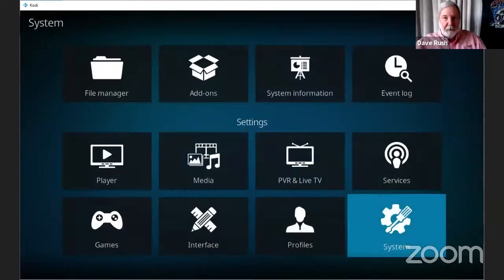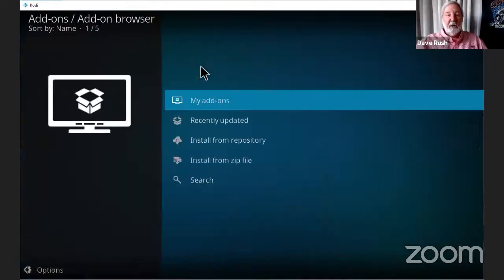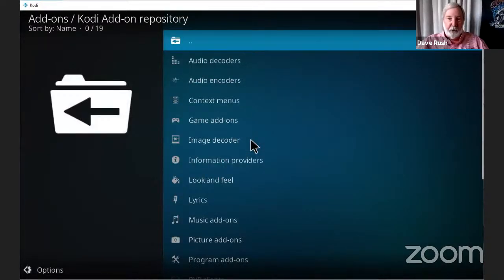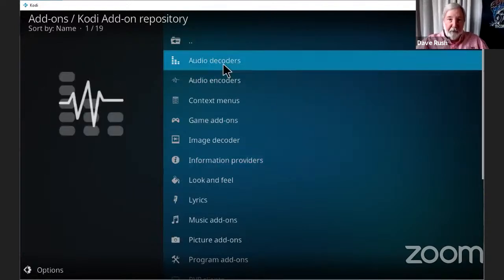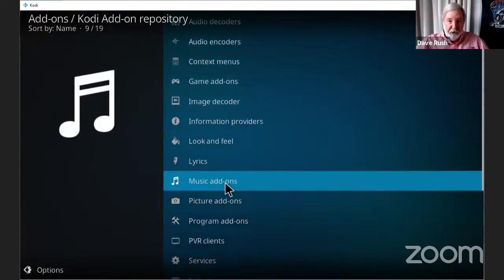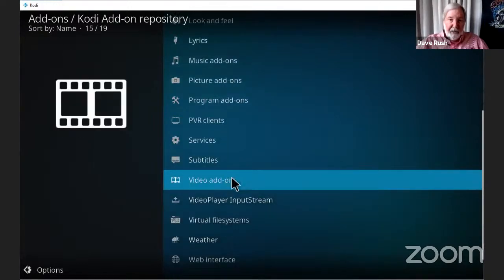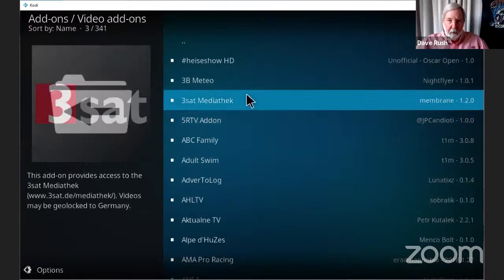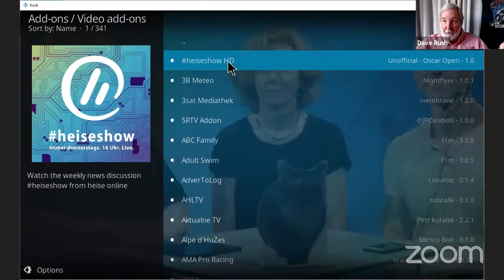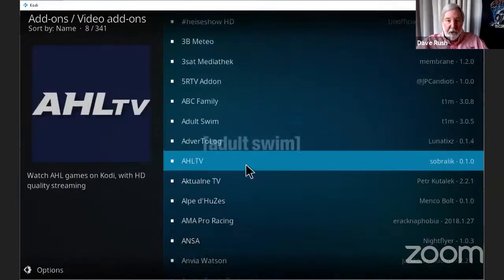Okay, backspace. So add-ons is what it's all about. The usual simple method is to install from a repository. These are repositories of content that are maintained by the Kodi folks. And there are add-ons for every one of those left pane choices and lots more. So I'm going to go down to video add-ons. Some of these are repositories with multiple things that you can watch in them, or programs, or audio or whatever. And some of them are just singular.